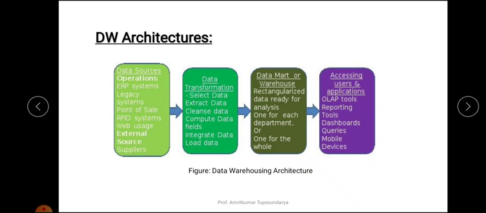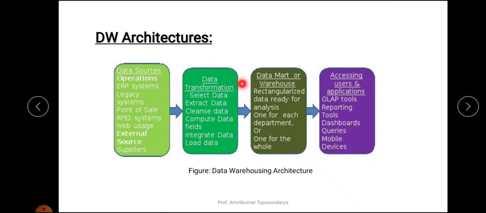So the data warehouse has these 4 key elements. The first key element is the data source that provides the raw data. Now the second element is the process of transforming that data which we have got from the source to meet the decision needs. So this basically plays the role of transforming it and taking the decisions.